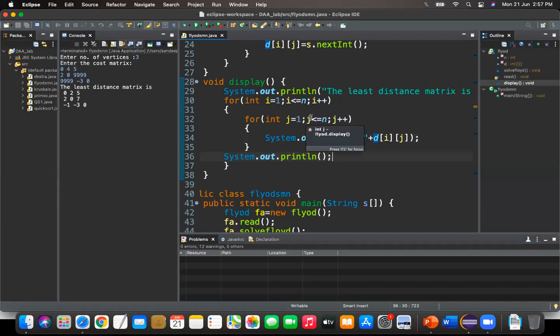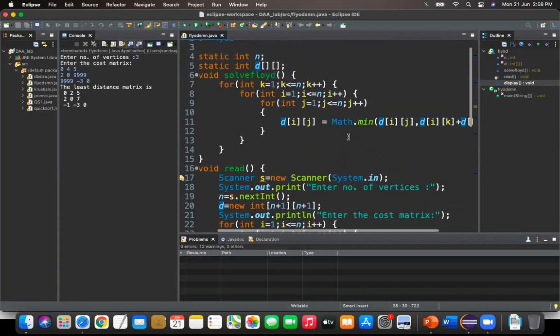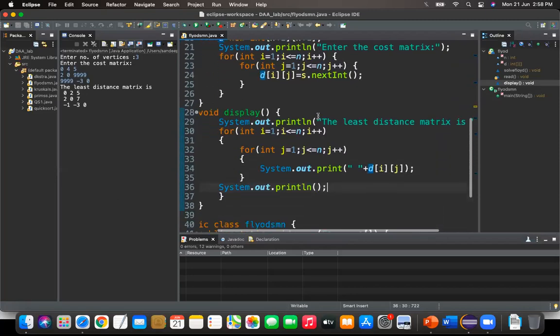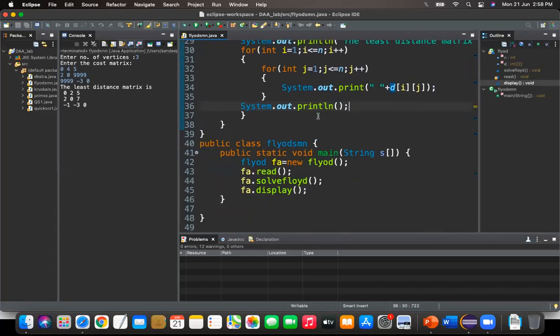You know how to display a matrix, right? Using for loop. So that is what we have done. Here it is System.out.print, not println, because it will print one element after another. After the first row is over, it prints a new line and the second row elements are displayed, and then a new line, and the third row elements are displayed. The program is hardly 10 lines; the main logic is this formula itself, and it is implemented directly. Plus the read function and display function. So a very easy program.